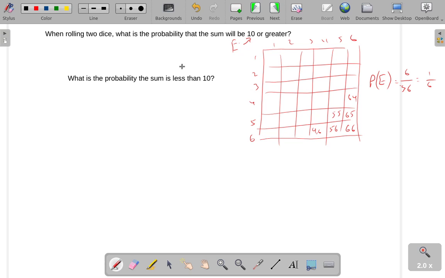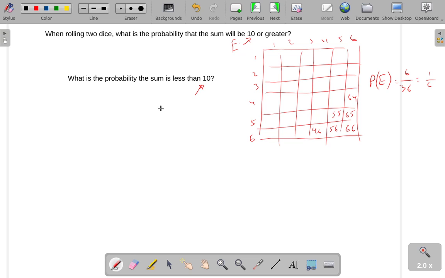Well, notice that getting a sum of 10 or greater is a complement of getting a sum less than 10. So getting 10 or greater means we get a 10, 11, or 12. Getting less than 10 means we're getting a 9, 8, 7, 6, 5, 4, 3, or 2. So I could go through the process of adding all these up and counting out all these individual boxes, but